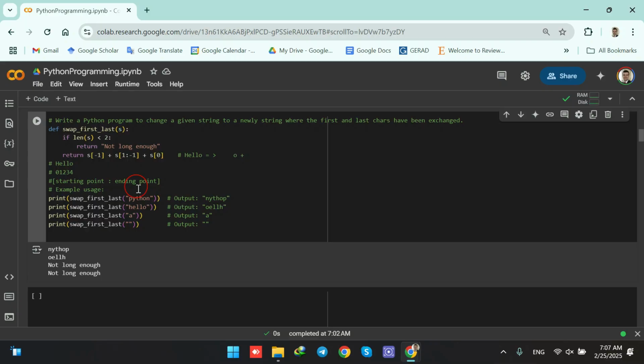But we need to be very careful. Ending point is exclusive. So ending point is exclusive. We are going up until -1, but -1 is not included. Okay, so we start from 1, which is E. We go up until -1, but because it is not included and it is excluded, we are not going to have that. So we are having ELL. Okay, so ELL